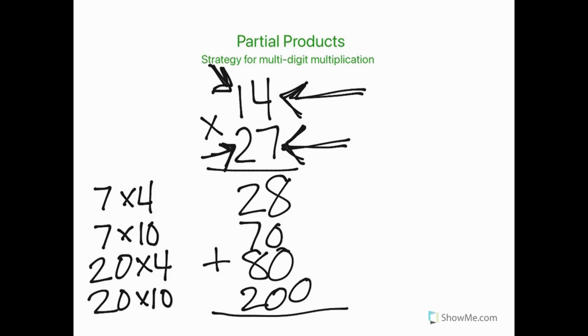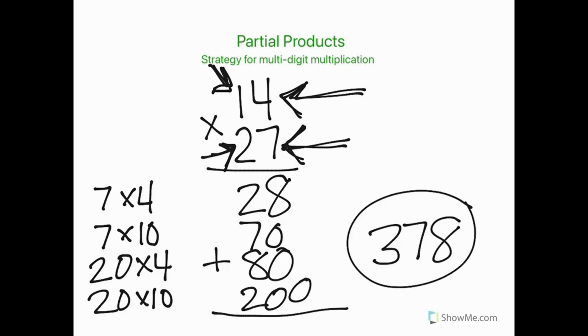So 28 plus 70 plus 80 plus 200. That gives us 378. So when you do 14 times